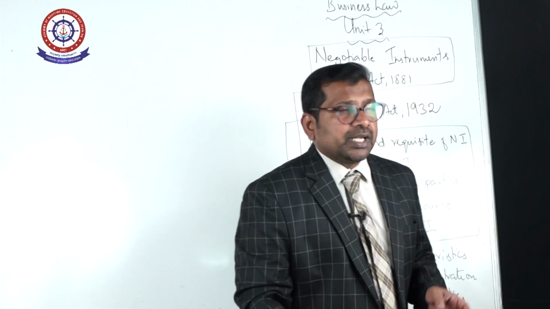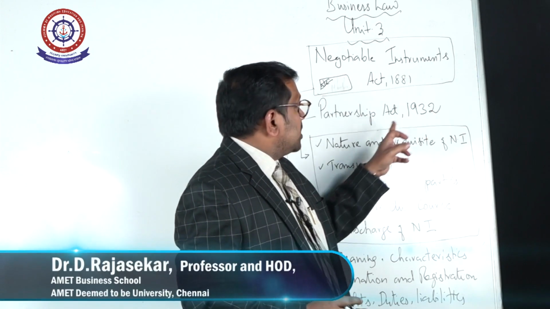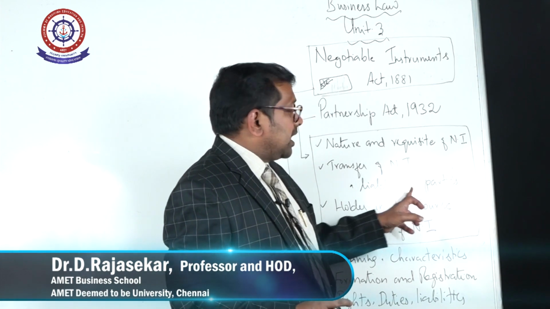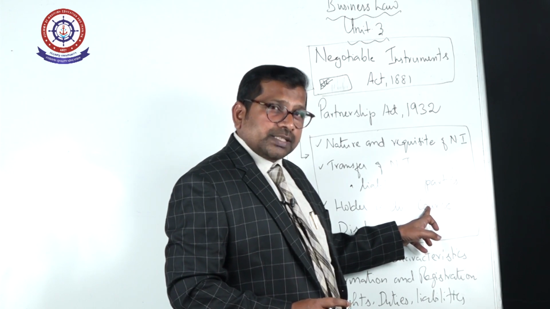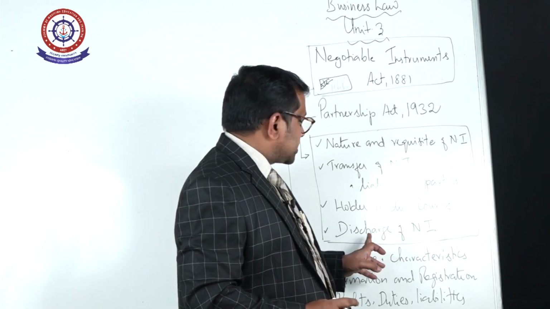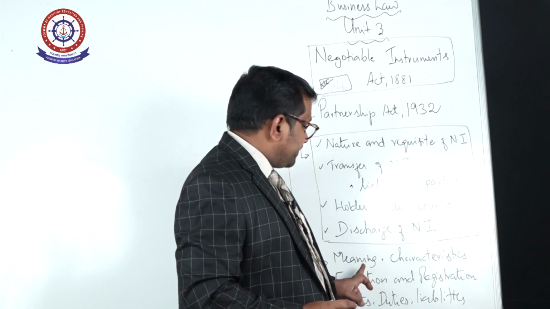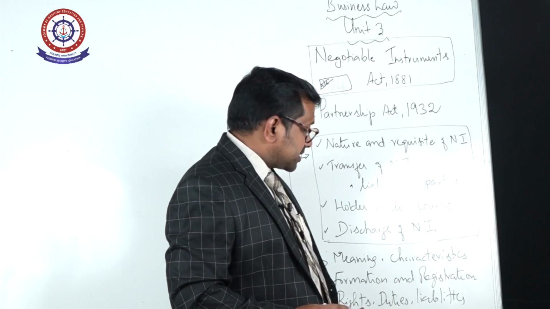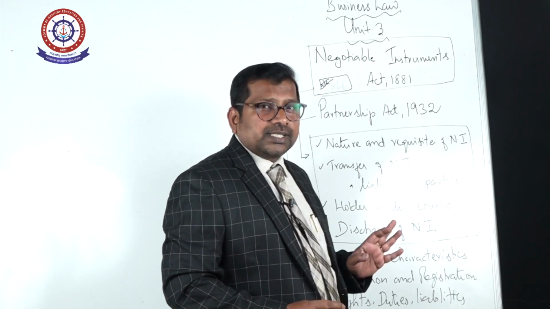So as per today's session, in business law, unit 3, Negotiable Instruments Act 1881, nature and requirements of the NI Act, transfer of negotiable instruments, holder in due course, holder, and various types of negotiable instruments, negotiation and assignment, including dishonor we have discussed. Last one is discharge of negotiable instrument. Later, Partnership Act 1932, meaning and characteristics of partners, formation and registration of partnership business, rights, duties, liability, and last one is dissolution of partnership firm.